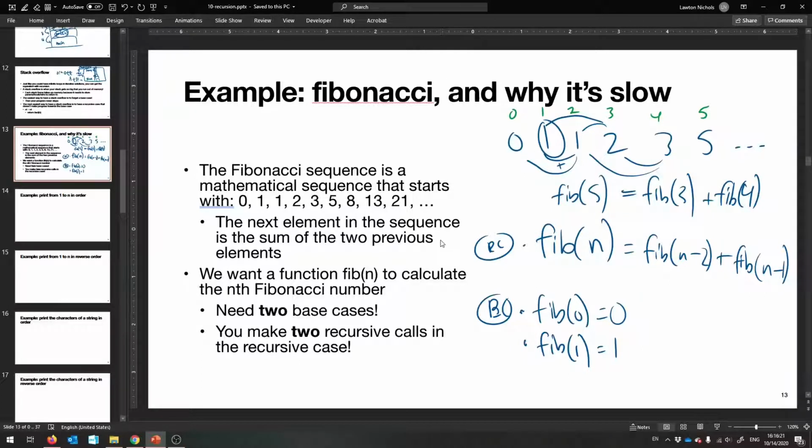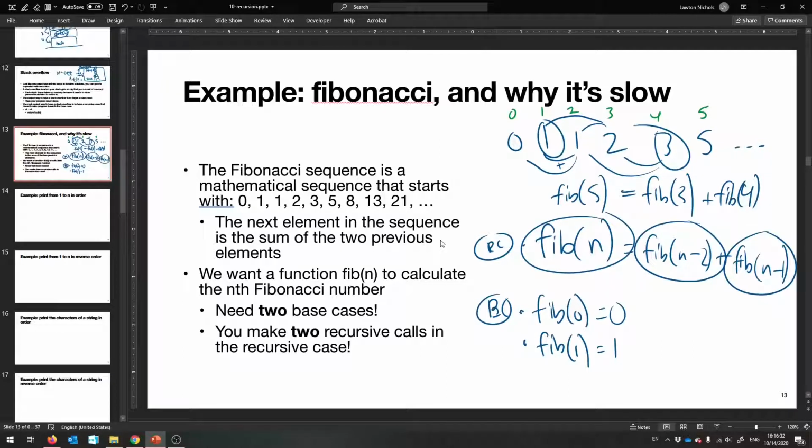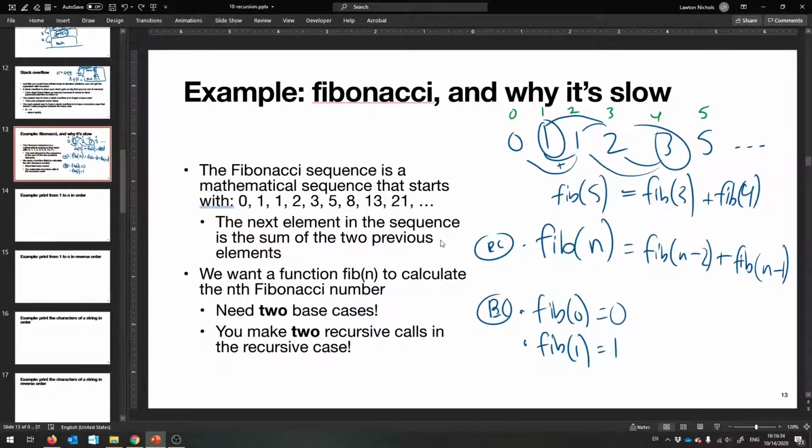So we noticed that if we had a recursive case, fib5 is just the two previous, fib3 plus fib of 4. That looks like a recursive case to me. So fib of n is fib of n minus 2 plus fib of n minus 1. And we needed two base cases because we couldn't say fib of 0 is 0, but fib of 1 is 0 plus fib of 0 plus fib of negative 1. No, we have to have a second base case for that one, so that then the recursive case starts here, and it's like, oh yes, it's 1 plus 0. Fib of 1 plus fib of 0. Okay, yeah,